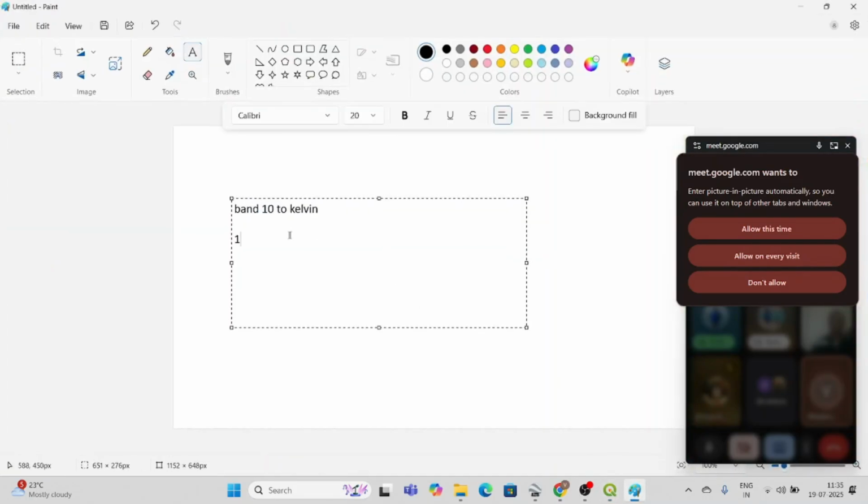For each band, I'm giving a value: 10,000 into 0.00341802. So this is one value.